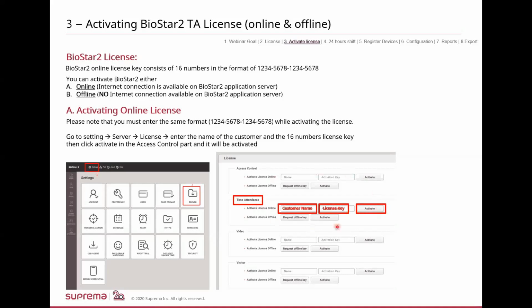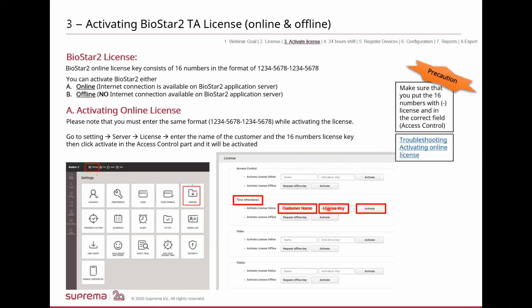What's going on is that BioStar2 is going to communicate with the license server to validate your license key. If you face any issue, there is a link available on the webinar, which is going to be provided to you at the end, after 5 days from today, which has all the troubleshooting steps. Also, this article is available on our support portal,